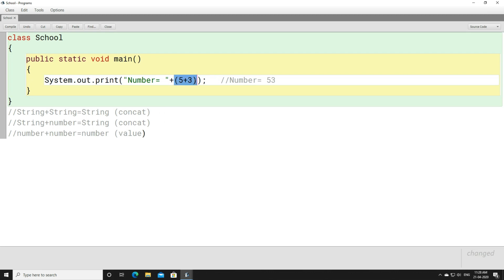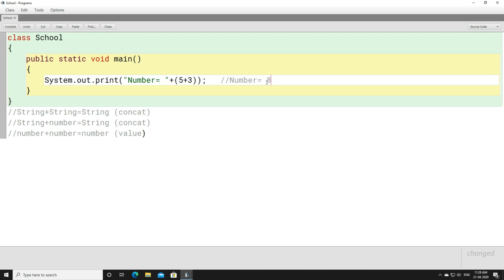According to the BODMAS rule, brackets will get solved first. So what is within the bracket? Here it is 5 plus 3, that is 8. So the value will be 8. First these things are going to get evaluated, 5 plus 3 is 8, then 8 will get concatenated with number. So the output will be 8 here.